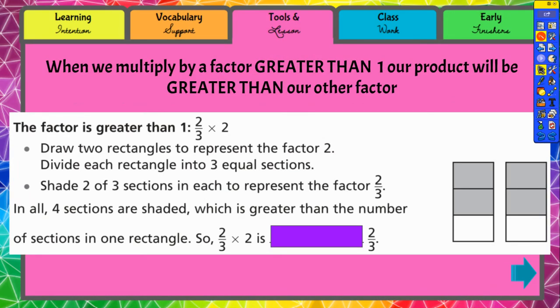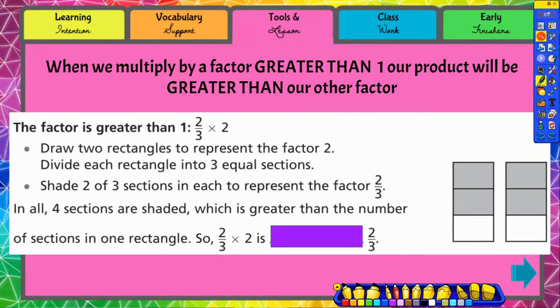All right, when we multiply by a factor greater than 1, our product will be greater than our other factor. So the factor is greater than 1. We are multiplying 2/3 by 2. So I am going to start by looking at 2 rectangles. Here are my 2 wholes. And because I'm multiplying by 2/3, I am going to split them each in thirds and take 2/3 of each whole. 2/3 times 2 is going to be 4/3. I have 1, 2, 3, 4. 4/3 is greater